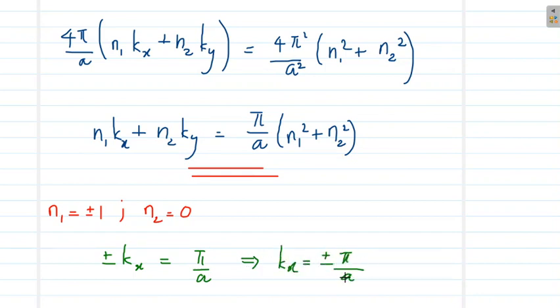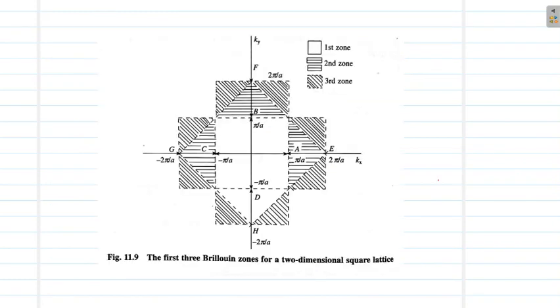So, this is the first value where the Bragg's diffraction will be happening, and hence these values of kx are not permitted for the electron waves within a crystal. Similarly, the next values, N1 equal to 0 and N2 equal to plus or minus 1, will yield you ky equal to plus or minus pi by a. So, these are the first boundaries of k values or the boundaries of the first Brillouin